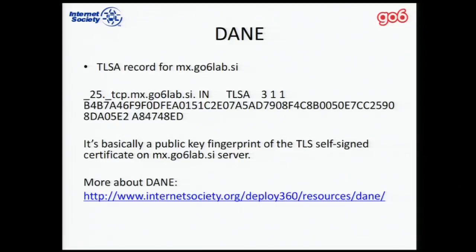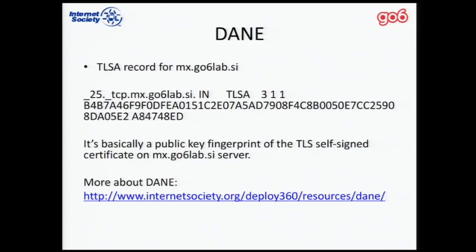Okay. So, what is DANE? Who here understands what DANE is? Okay. For those who did not lift the hand, ask your neighbor. No, sorry. Okay. DANE is basically a TLSA record, right? So, and here is how, for example, do you see it? No, because it's off. See, this is the TLSA record for my public-facing mail server. It's mx.go6lab.si, and it's basically